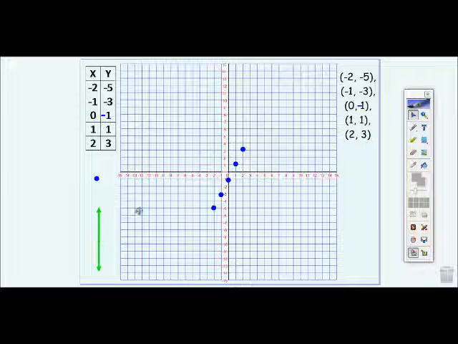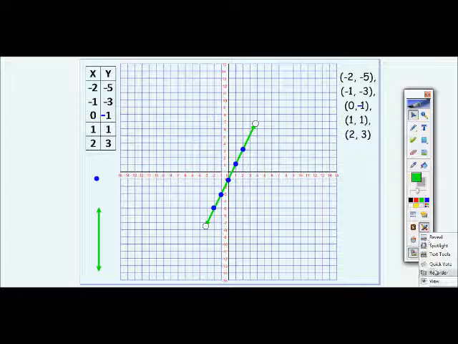Now when I go to graph that, I can see if I can use a line to go through each of those coordinate points, because we said we were graphing a linear equation. If it is in fact a linear equation, when we connect the coordinate points, we will create a line. All right, let's pause for our next